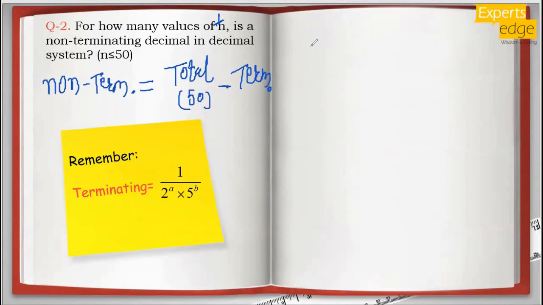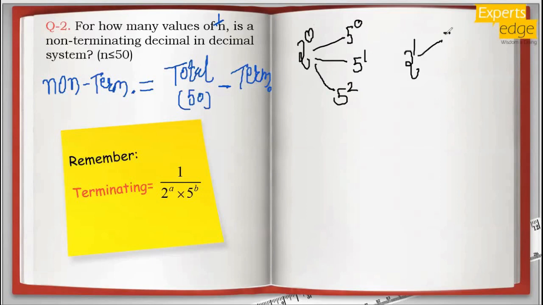the lowest power of 2 we can have is 2 to the power 0. Now 2 to the power 0 can make a combination with 5 to the power 0, that is nothing but 1. Then 5 to the power 1, 5 to the power 2. We can't have 5 cube, that is 125, right? Now 2 to the power 1 again can make a combination of 5 to the power 0, 5 to the power 1, and 5 square as well, because 5 square is 25 into 2 is 50, and 50 is very much included in our range. 2 square, 5 to the power 0, 5 to the power 1.